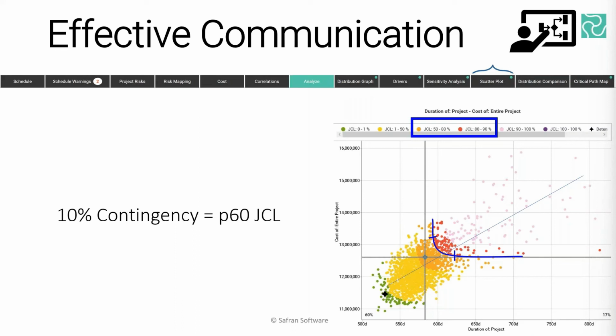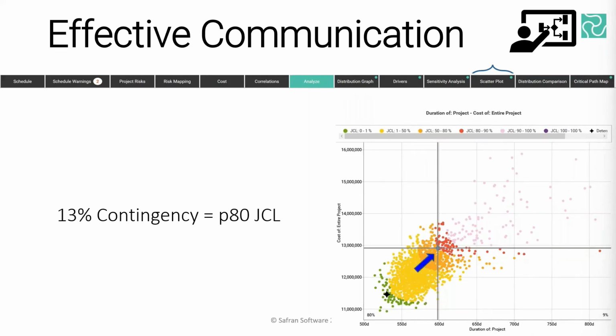So if you're looking for a neutral initial pitch that doesn't favor cost over schedule and vice versa, then I'd recommend picking the point where the necklace intersects with the regression line of best fit that I've drawn on the graph as well. So after having nudged the crosshair to this revised position, you have the evidence of the model sampling to inform your team on where is most appropriate and viable as a contingency proposal. And in this case, we've nudged a gut feel 10% contingency proposal up to 13% contingency to achieve that desired JCL, joint confidence level, satisfies the